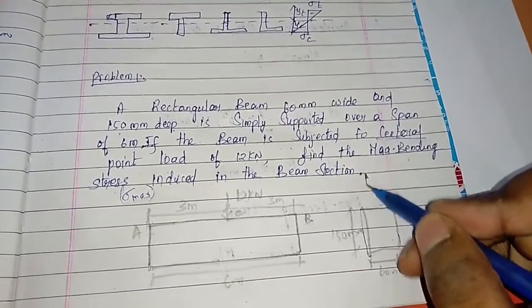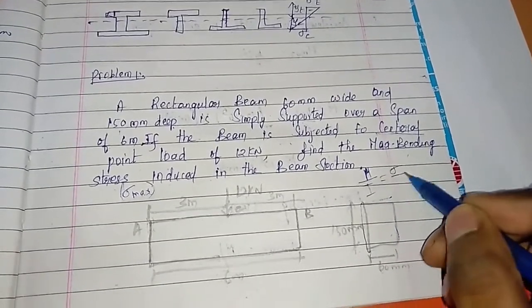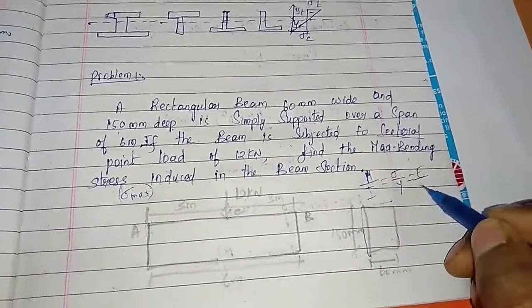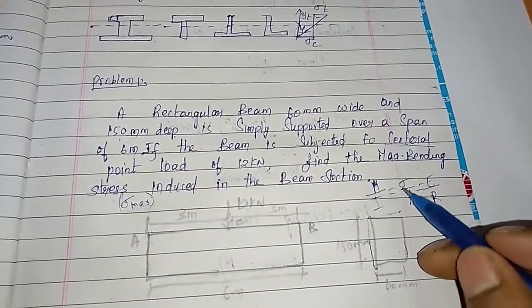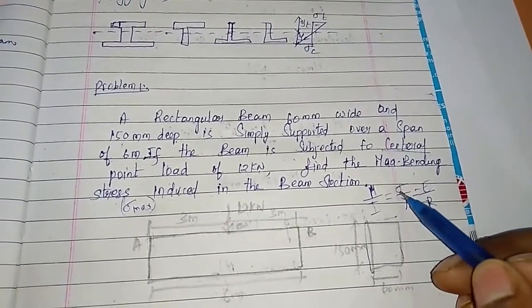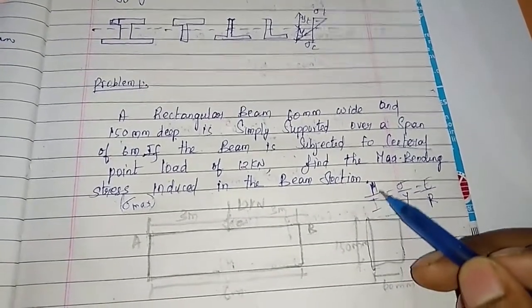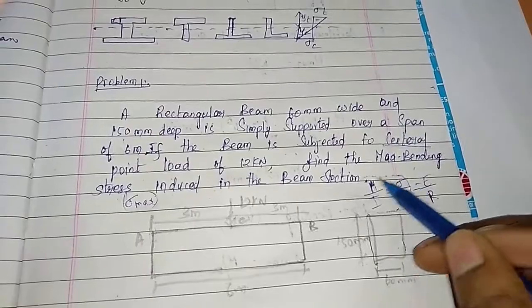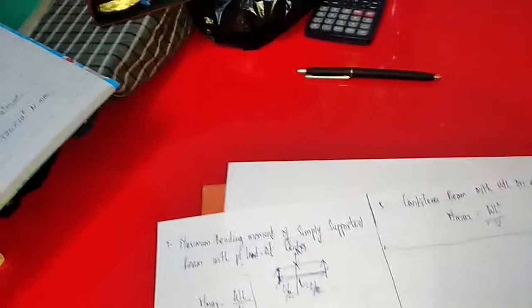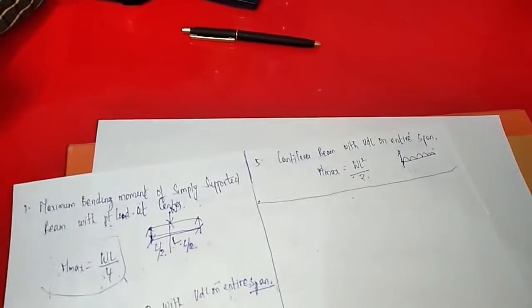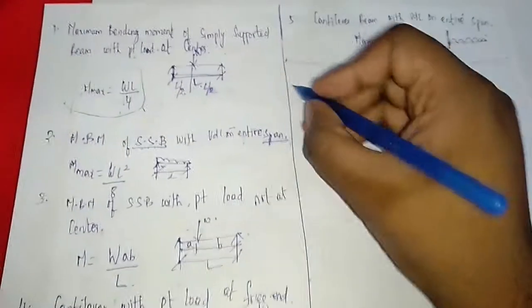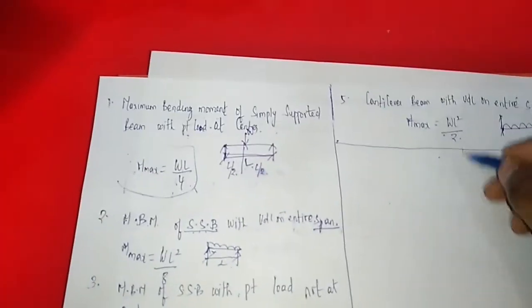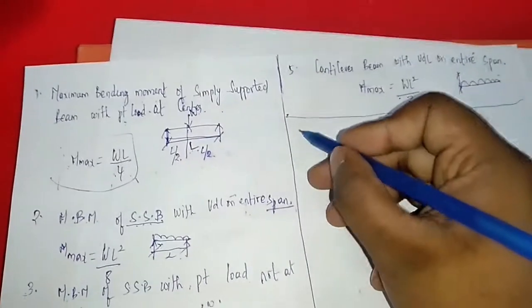What is the theory of simple bending? M by I is equal to sigma by Y is equal to E by R. We are going to take any two equations, and using that we will find sigma. We want to find sigma, and we have the moment, so we can take these two. Directly we will move on to the problem, and if you move on to the problem, you may understand it clearly. I will derive the problem one step at a time so you can understand easily. First write the given data. We will divide it into two parts. First I will write the given data.